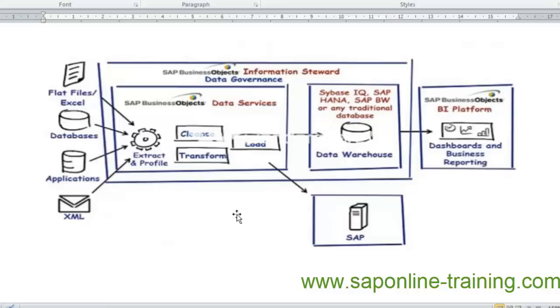SAP BW is another data warehousing solution from SAP. It's called Enterprise Data Warehouse. Enterprise Data Warehouse means it gets data from different source systems, and then you can do reporting on there, or on any other traditional databases. Once you get data from different source systems, you import it to any of these